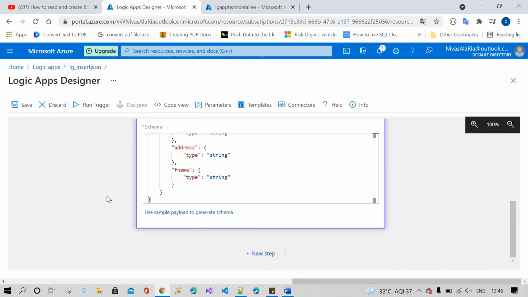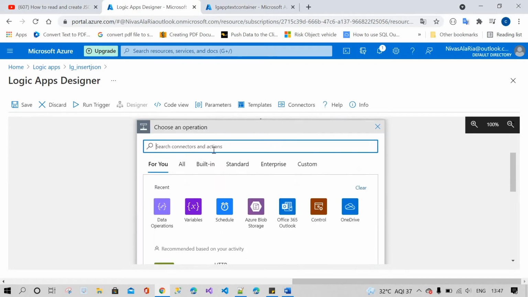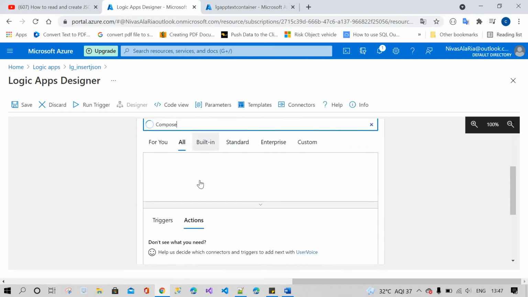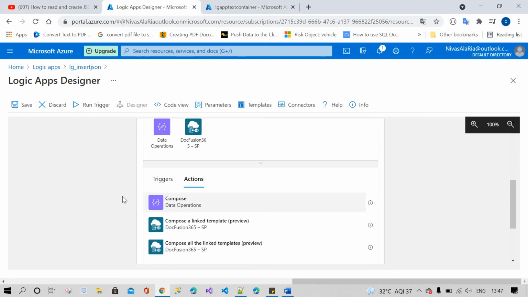After that, what do I have to do? I have initialized the data, I have parsed the data. After that, dynamically I need to read it somewhere else, so I need to use compose. If you want to read the JSON data from a particular property, you have to use compose.